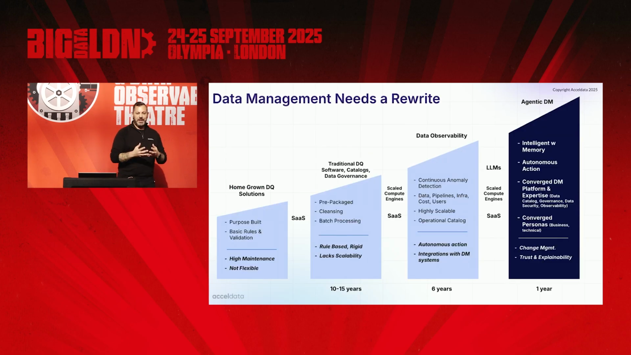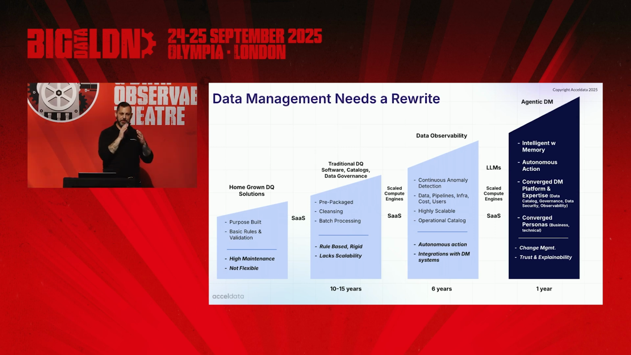Now, data management, and specifically data observability, is a very quick-moving industry in the data landscape. Data observability itself is really only about 6 to 7 years old as a topic, especially here at Big Data London. This started many years ago with just homegrown data quality solutions, very specific, purpose-built, all built internally, but very much